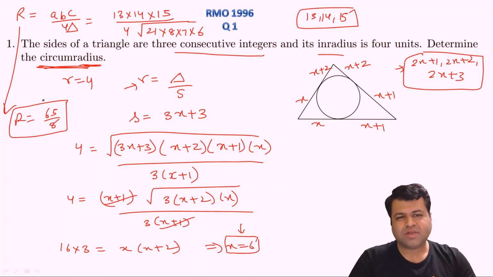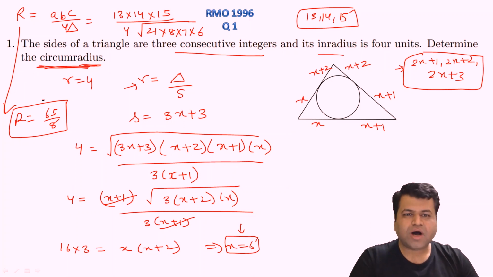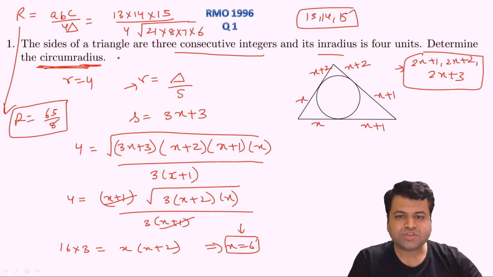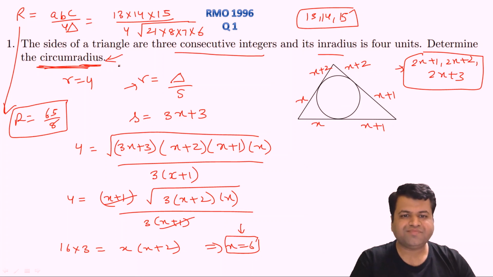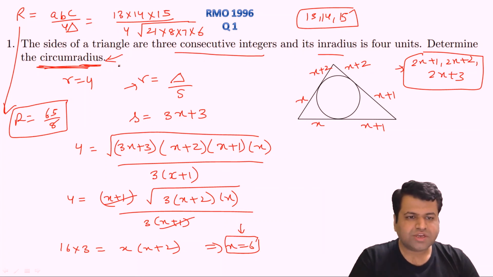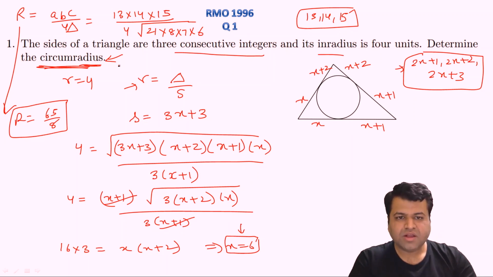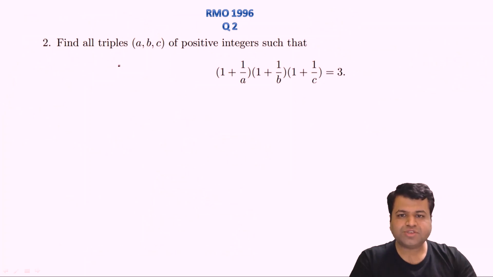Again, this happens rarely, that RMO asked just 2 years back the same question, right? The same values, same calculation, each and everything same. Just in this particular question, we are asked for the circumradius, so that's a bonus question. If someone has practiced previous year questions, then he'll easily be able to solve this question. So let's proceed to the next question.